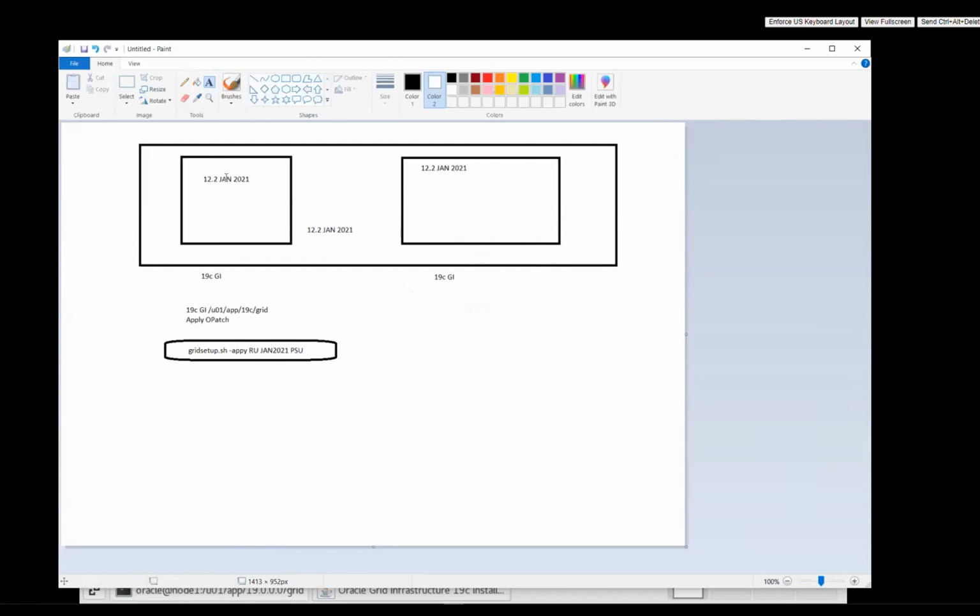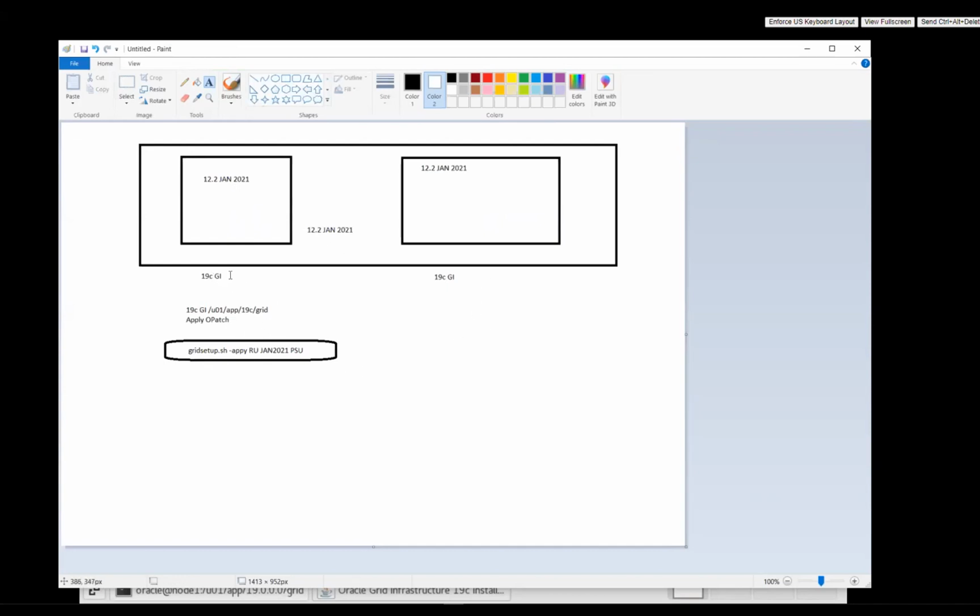With these 19c binaries, nothing is running, so you can directly upgrade your 12c GI home to the 19c GI home with the Jan 2021 patch on both nodes, because you applied it on node 1 already. When it copies remotely to node 2, it will copy the 19c binaries plus this Jan 2021 patch, both together, to both nodes.